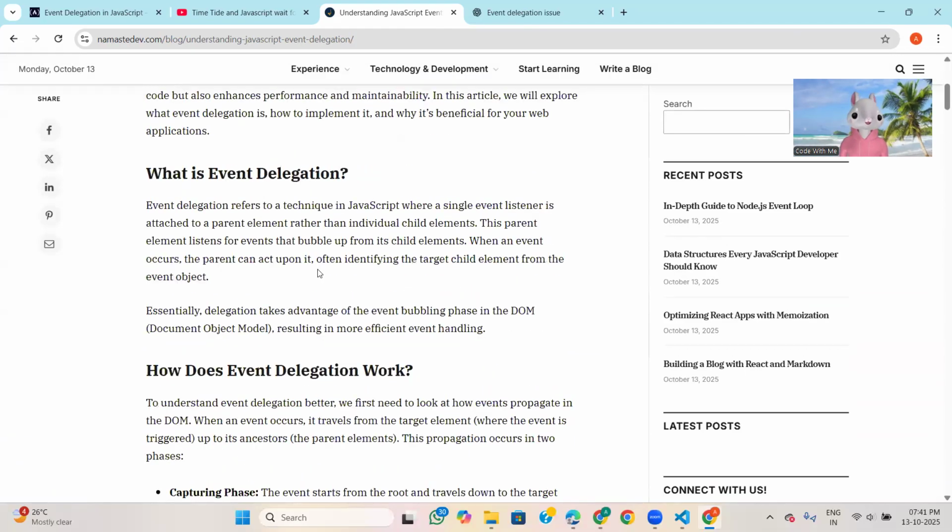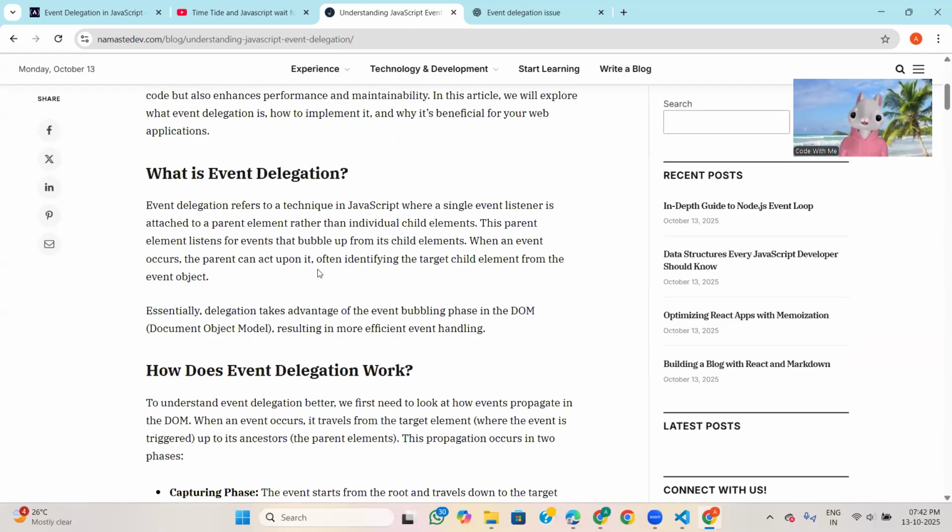If in an interview someone asks you what is event delegation, memorize this answer. Event delegation refers to a technique in JavaScript where a single event listener is attached to the parent rather than individual child elements.